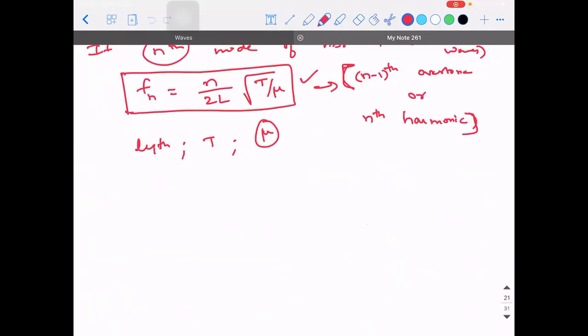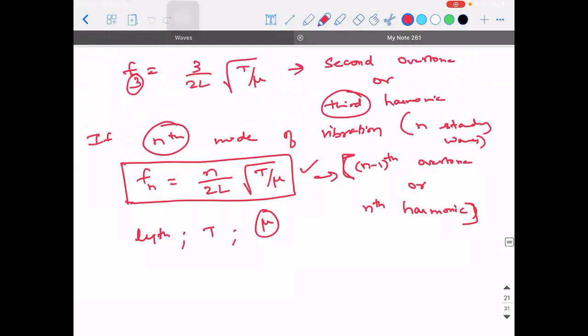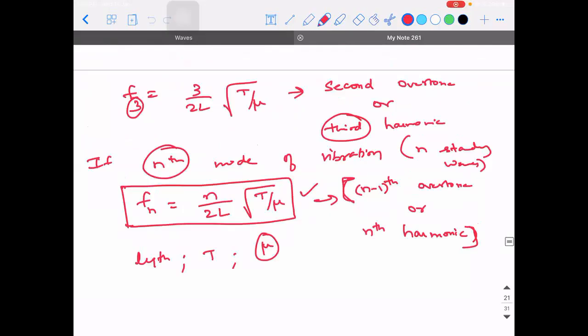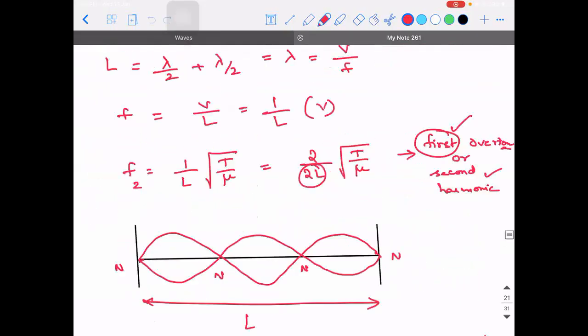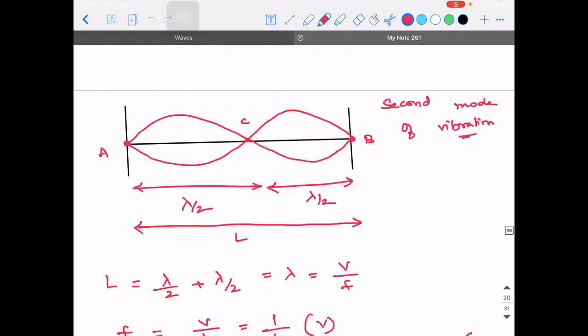Sir, did you use strings to create the pan flute? No, a pan flute doesn't need any string. It's fully based on air only, the vibration of molecules in the air. Sir, then how are standing waves formed? I'll show you in the next class. Okay, sir. Is this clear, guys? Yes, sir.